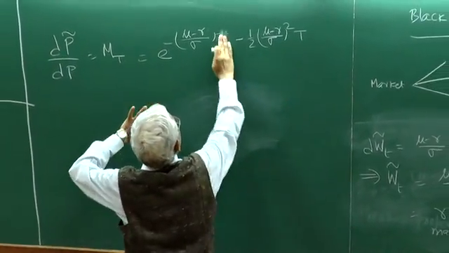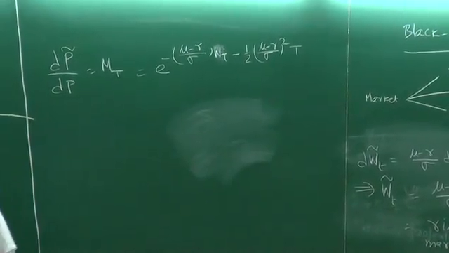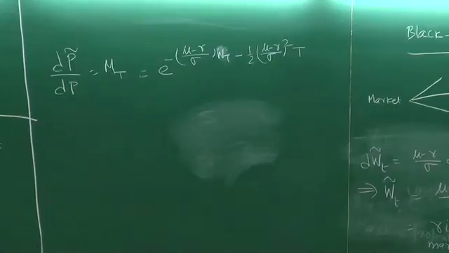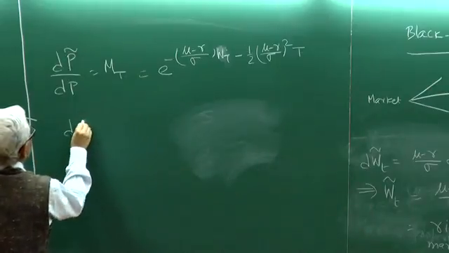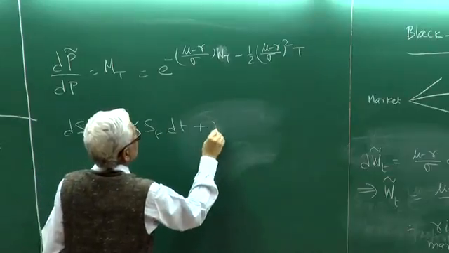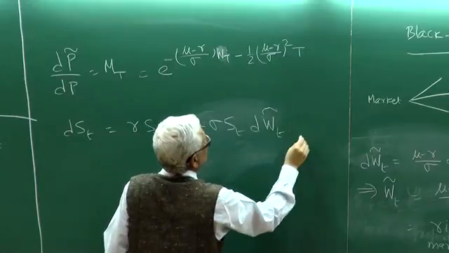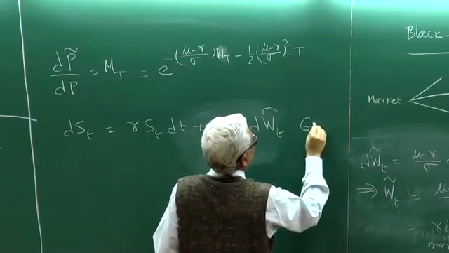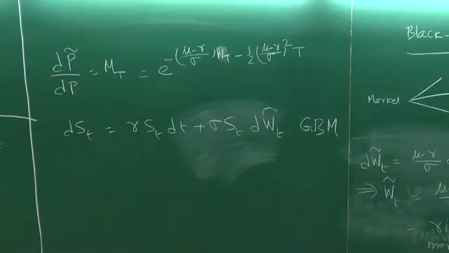Oh, yeah. This is Wt, right? Oh, yeah. This has to be the quadratic variation of this. Sorry, thanks. So if I do this, then dSt equals r St dt plus sigma St dWt. This is a GBM, geometric Brownian motion, right? So I know the solution. The solution is,